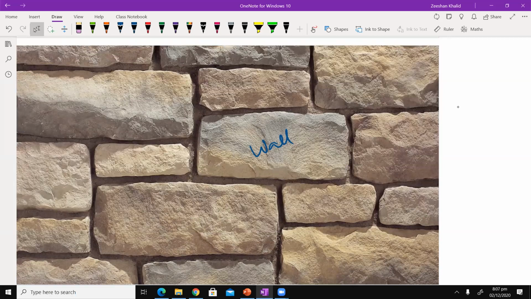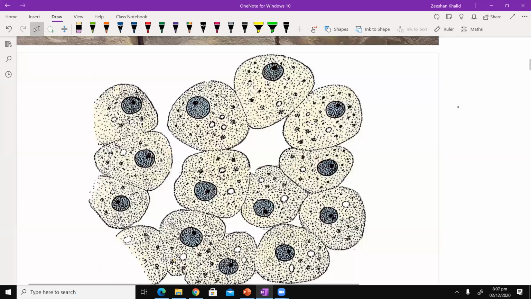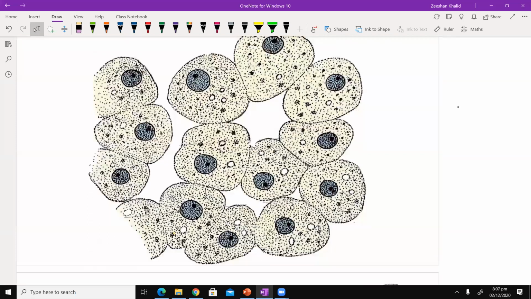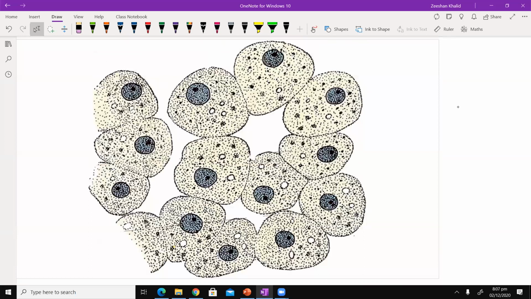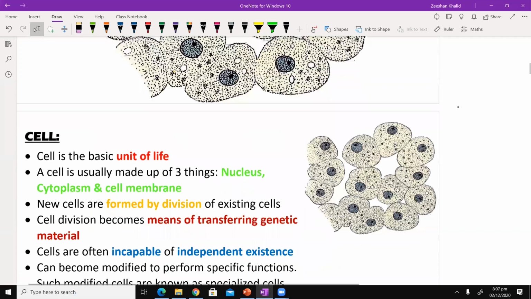So the same thing goes for the cell. A cell, you can see that when they combine together, they form something. Of course, this is something that we are going to talk about later: the cells, the tissues, the organs, and the organ system. That's for the later part of this topic. But since we are beginning, the following diagram that you can see is a bunch of animal cells, okay? Which means that they're the basic unit. So there are some basic points that we need to understand about the cells.